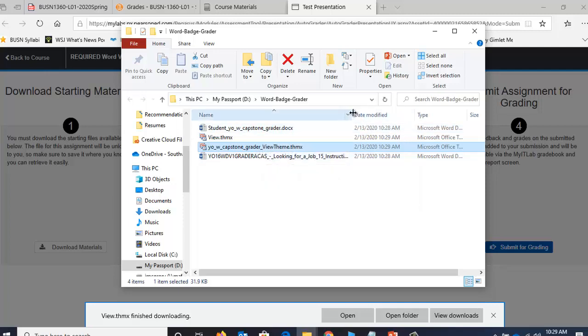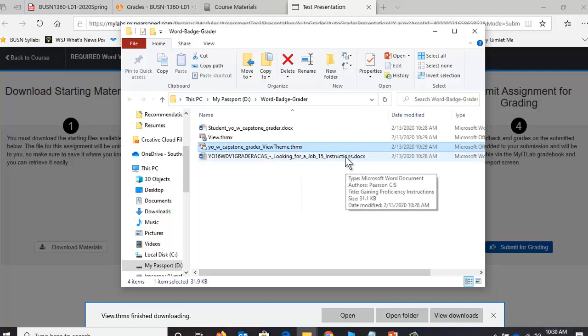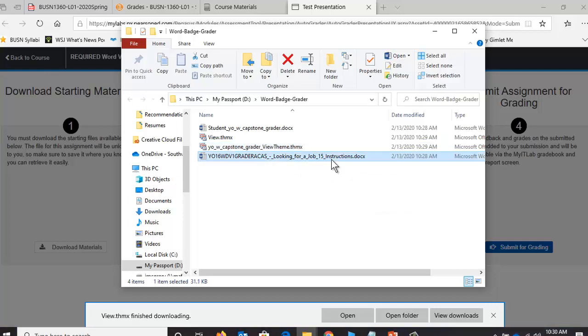If you'll notice, I'm trying to make this where you can see it a little bit better. See this one with all this? This actually is the name of the book. And as you go across, the very last word here is instructions, and that's what I need. If I double click that to open it,